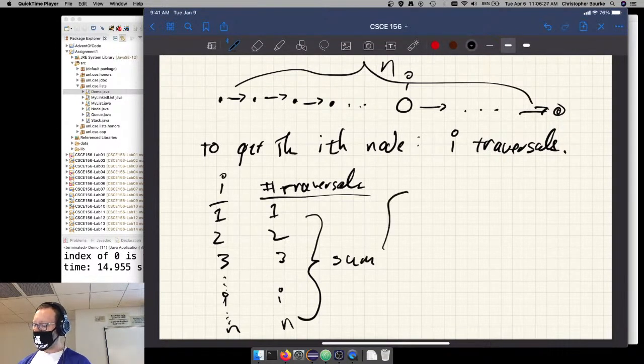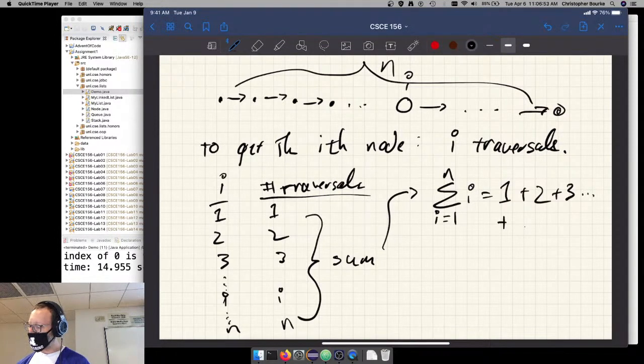So what is that going to be? The sum running from i equals 1 up to n of i. Now, if you've never seen this before, this is simply taking 1 plus 2 plus 3 plus 4 plus i plus n. Right? Or put another way, 1 plus 2 plus 3 plus ... plus i plus ... plus n. Right? So, does anybody know a solution to this